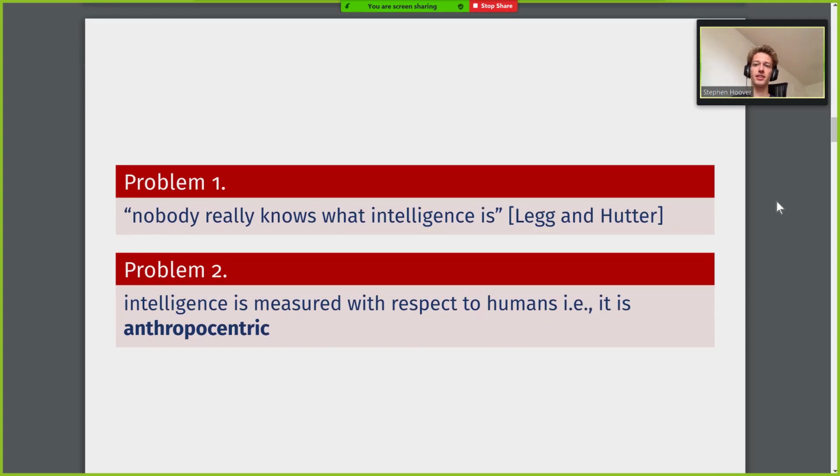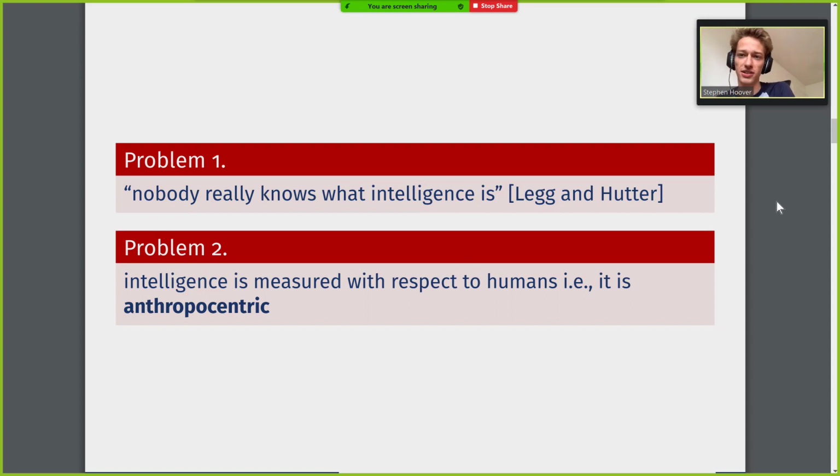Another problem with intelligence is that it's usually defined with respect to humans, and that's what he calls anthropocentric. It's not that great if you can only define it with respect to one system. And if you looked at the sections that talk about intelligence, whether that be an IQ test or a g factor, usually they're